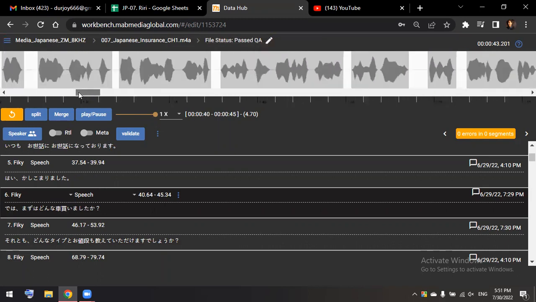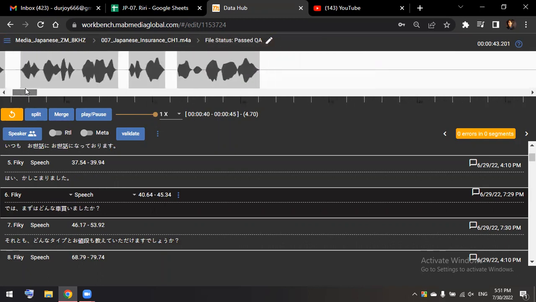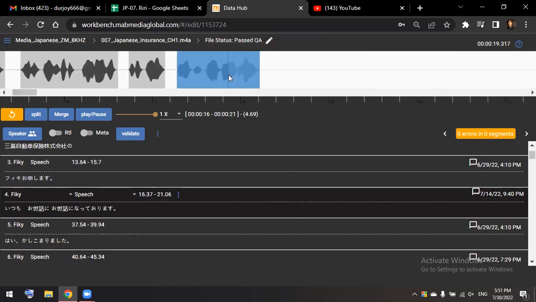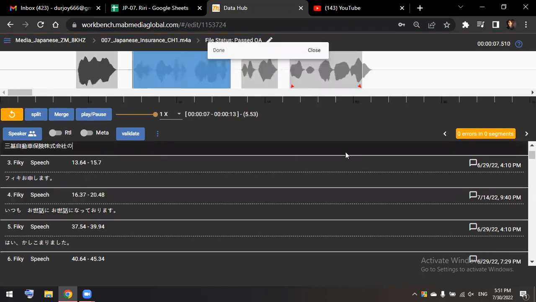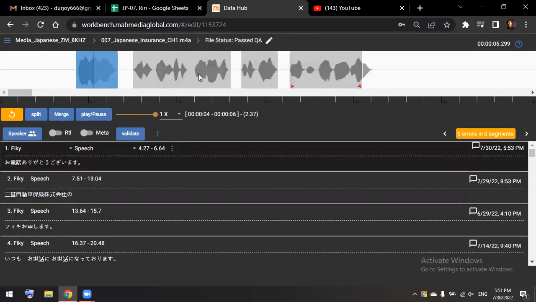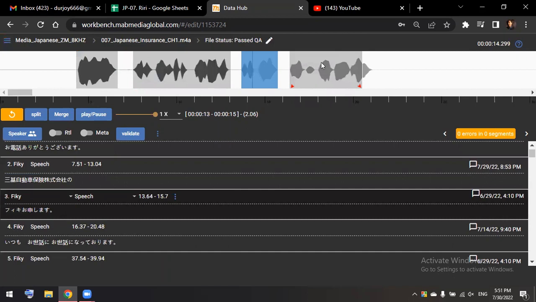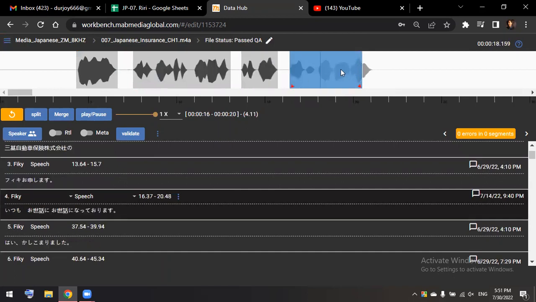You will find this is a complete file, so you will not find anything from here. So let me create this problem and solve it again, so that you can understand. Okay, then you just transcribe this, and whenever you come to this segment, you can see there is a wave outside of the segment. So you have to adjust it. How can I adjust this? Double click on the segment.